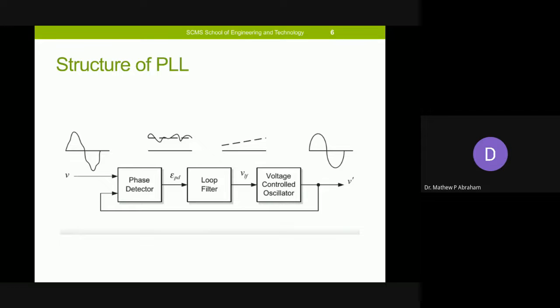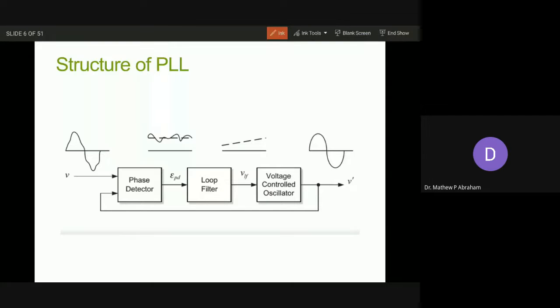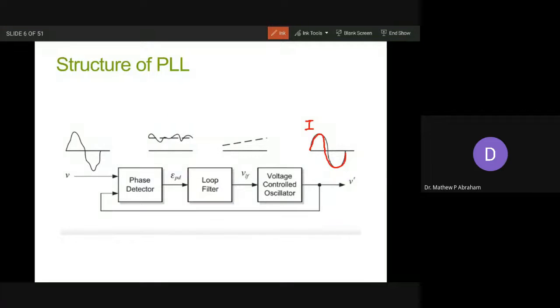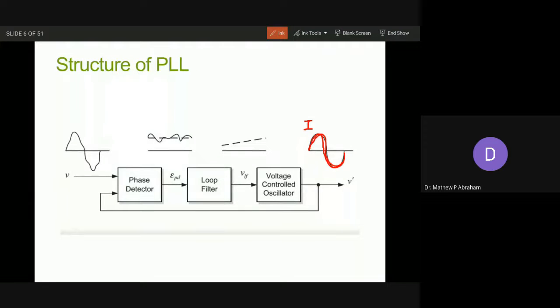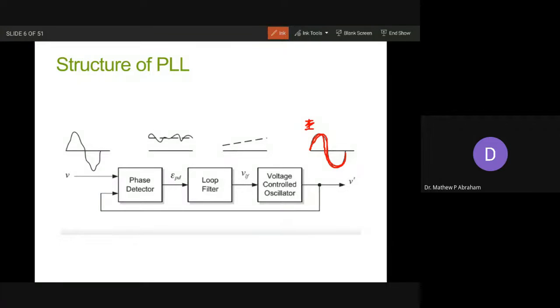So in order to implement that, you have to program a PLL, right? So what does the PLL do? The duty of the PLL is to create a unity sine wave, which will be multiplied by our reference current DC value, so that the reference current is generated. So that unity voltage generation is done using a PLL.